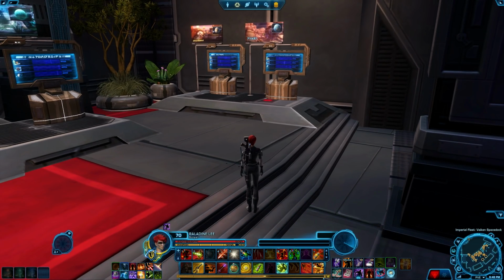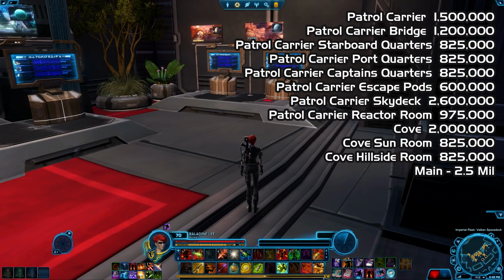Now, the first thing you'll want to know is exactly what is the price on this thing and what are all of the extra costs. So I'm going to go ahead and throw up all the numbers here on the screen so you can see it right now. Now, we are on the test server here. It's possible these may change, so just keep that in mind. But at the moment, the main Stronghold, just simply buying that, is 2.5 million,